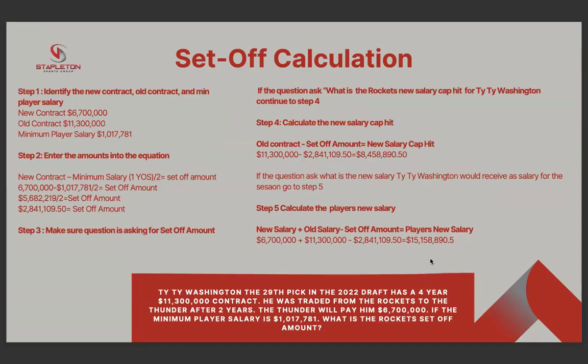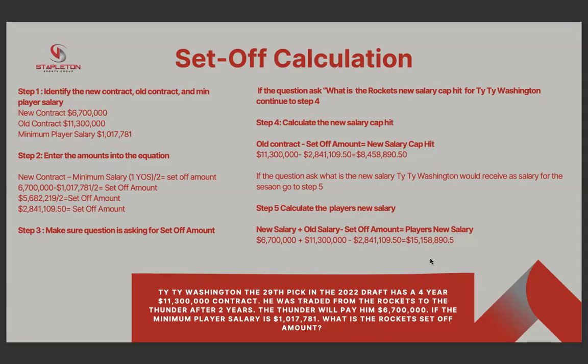Now, if they were to ask you, what is the Rockets' new salary cap hit for TyTy Washington? Then we have to go to another step and calculate what the new salary cap hit is. In that case, we would take the old contract minus the set off amount, and that gives us his new salary cap hit for that team. Because remember, the whole purpose of the set off is to lower the amount that appears on our salary cap for that player that is no longer with our team. So that would be